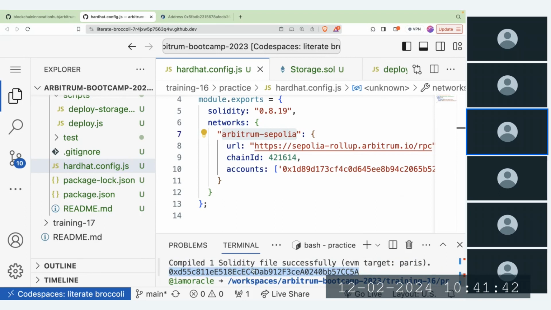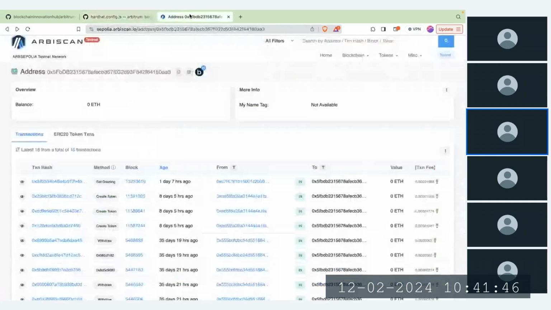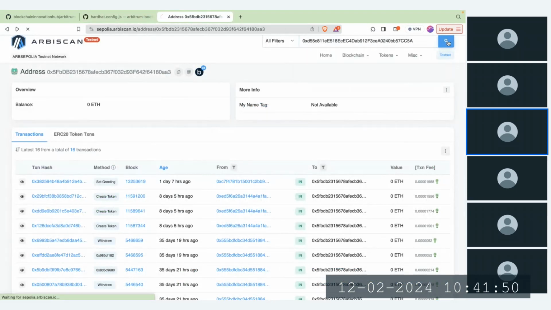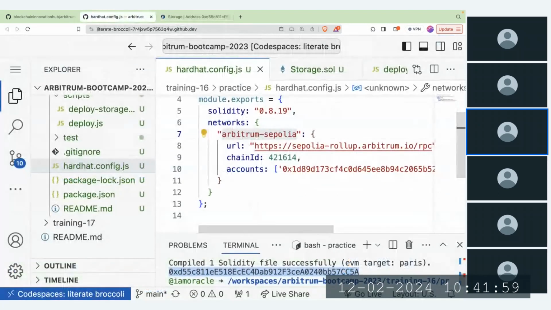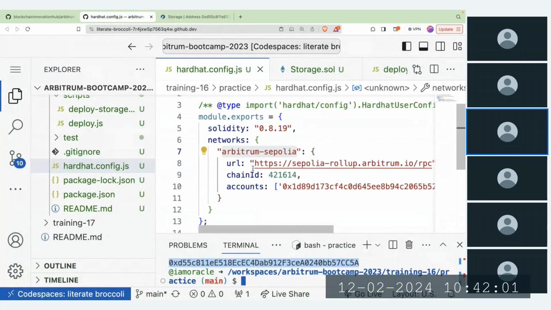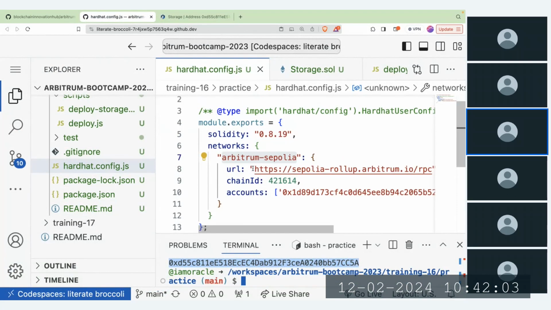the contract address. So the contract address we get now, we can easily take it to Arbitrum Sepolia and search for it. So you can see that it was deployed about 20 seconds ago. Yeah, so that's how to write your own custom script and deploy using